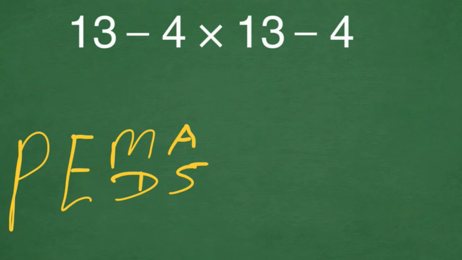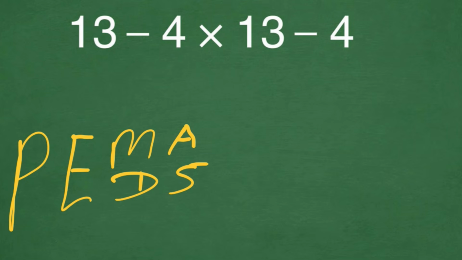P stands for parentheses, E stands for exponent, M and D stand for multiplication and division, A and S stand for addition and subtraction. So according to this rule, the first thing to solve is parentheses, and then exponent, and then multiplication and division, and then addition and subtraction. If we solve subtraction before multiplication, that is wrong because multiplication has higher priority than subtraction, and we have to